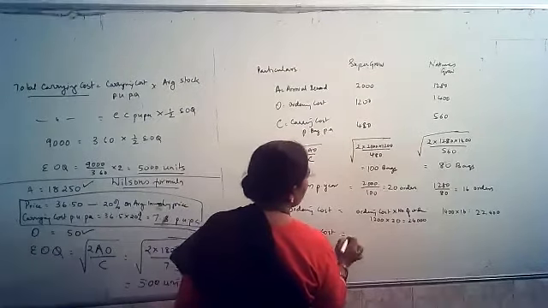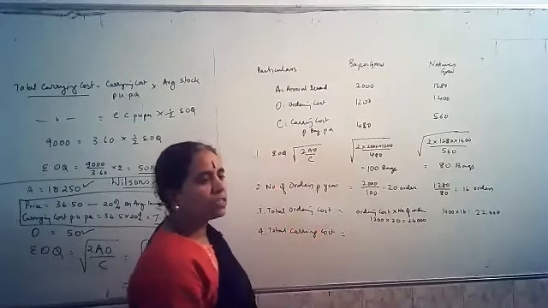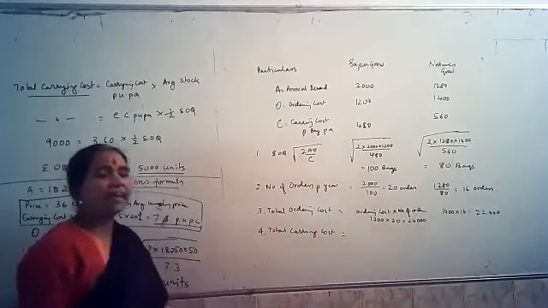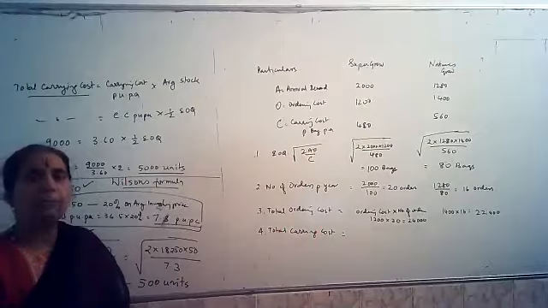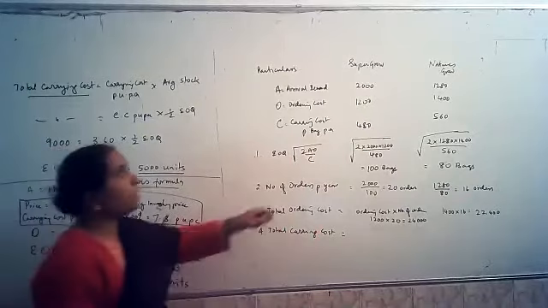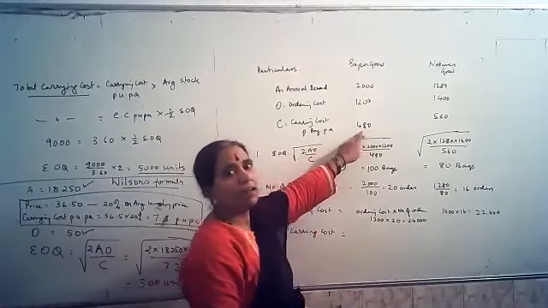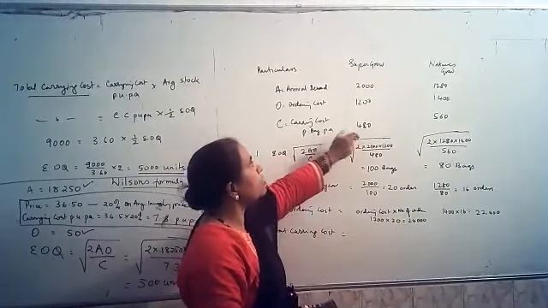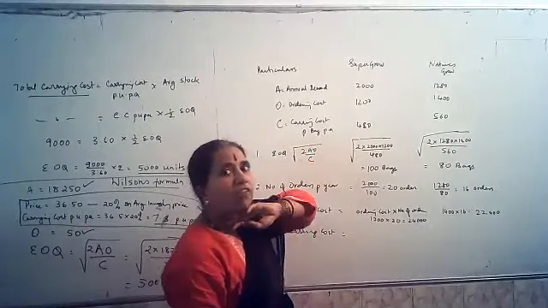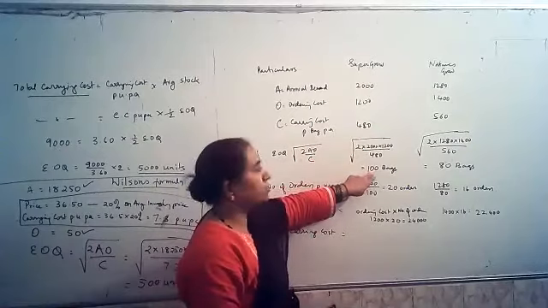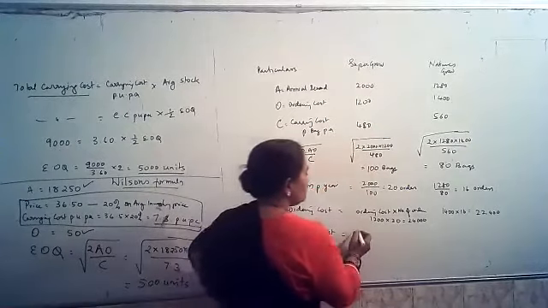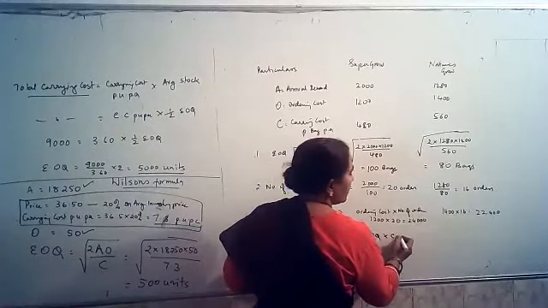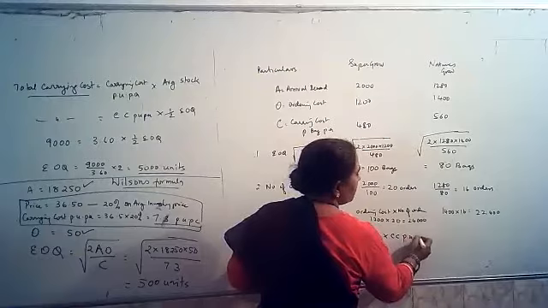How do I calculate my total carrying cost? Total carrying cost is half of EOQ multiplied by the average carrying cost per unit per annum. I already know the per bag per annum carrying cost is 480 and 560. Half of EOQ, which I've already found out, is 100 bags.